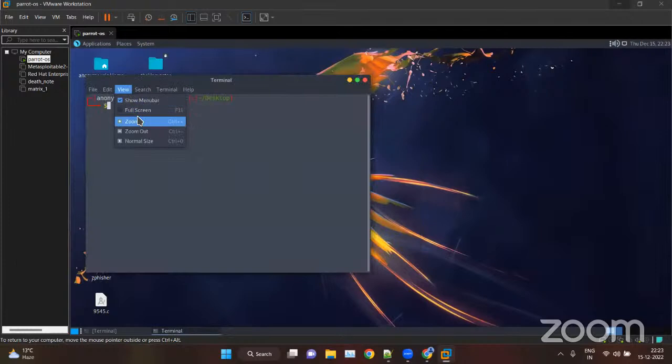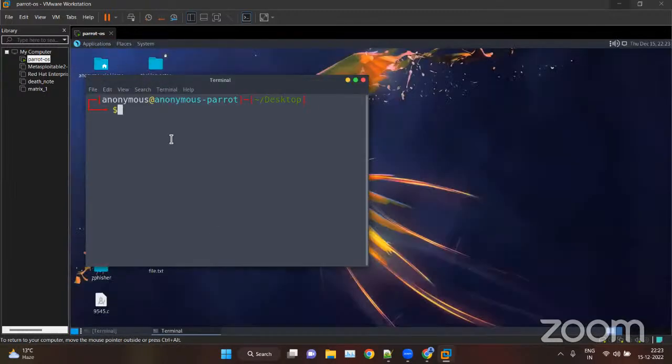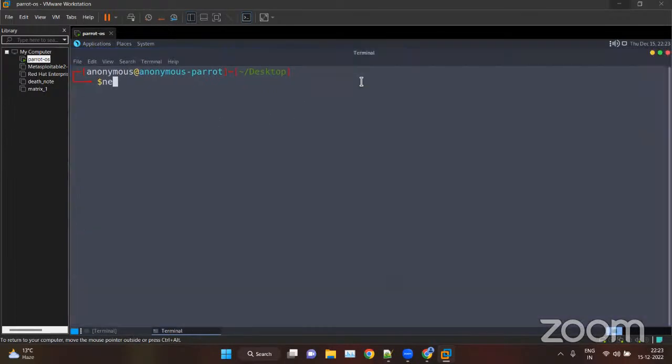We can click on view, zoom in. Now here, type netdiscover. You need sudo permission, root permission. Enter. Password.